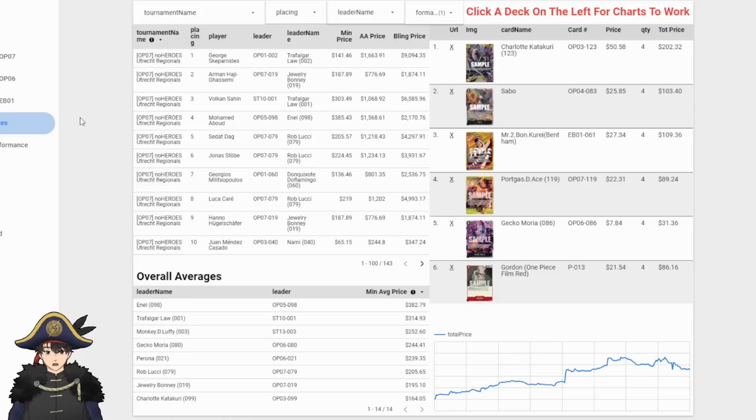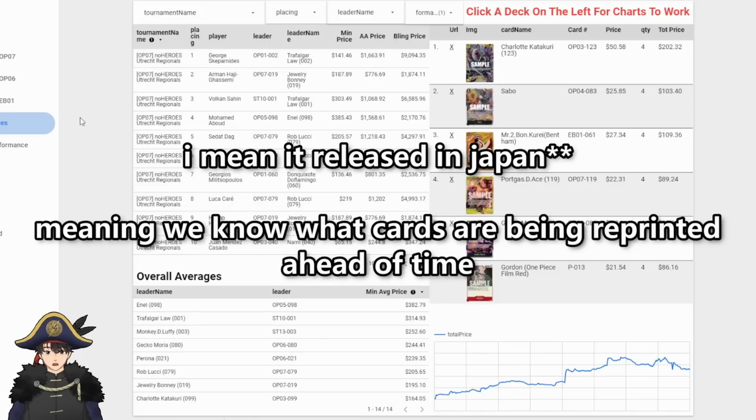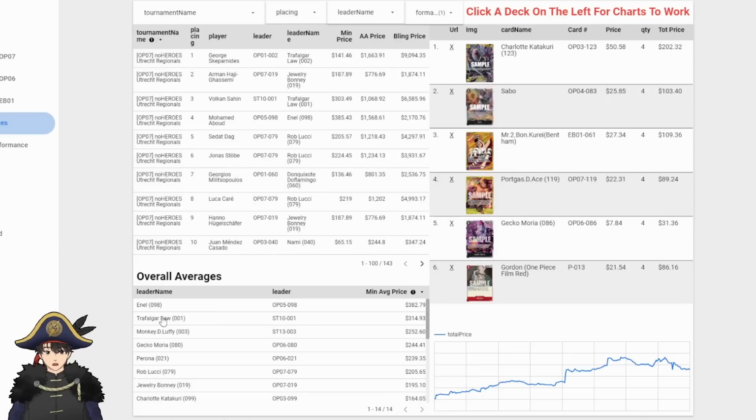It could be due to reprints. They've been reprinting a lot of old sets recently. And the premium booster set released too, which contained a lot more reprints too. So now is the best time to get into the game, I feel. And yeah, going by deck prices, I have it down here in this chart. You see that Enel is the most expensive deck at 382, followed by Red Purple Law at 314, and then